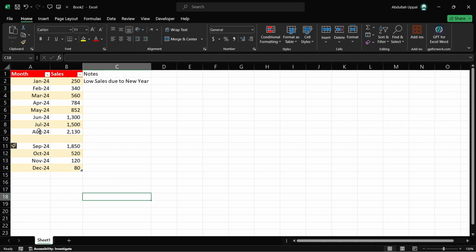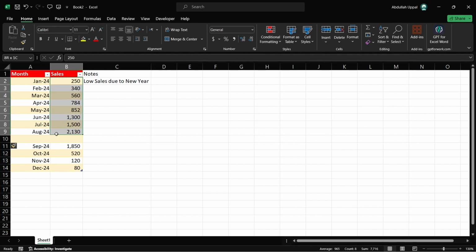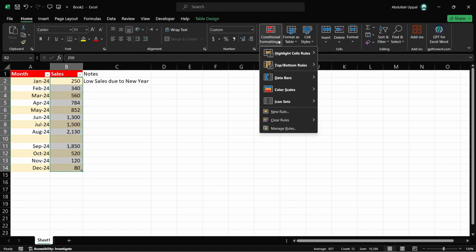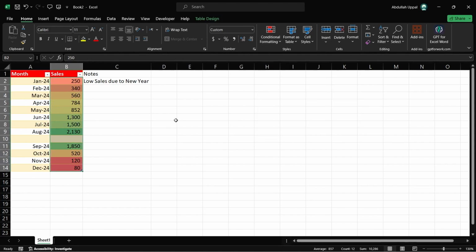For a clearer understanding of data trends, utilize Excel's conditional formatting. Found under the Home tab, this feature lets you apply formatting rules based on cell values. Applying a color scale can illustrate performance across months, where warmer colors like red and orange represent lower sales, and cooler colors like yellow and green represent higher sales, making it instantly apparent which months had the best and worst